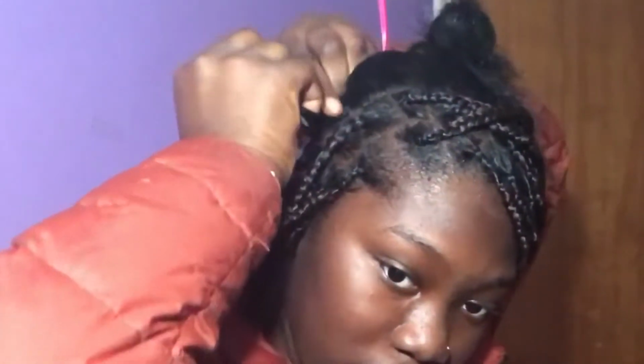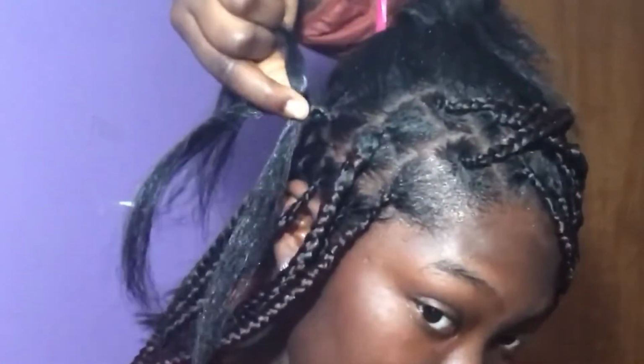So you're gonna split the braid into 3, as you can see. And you're going to braid it. I don't really know how to explain braids, but you're just gonna braid it. And I braided a good 3 times before I add the hair. So after you've braided it 3 times,